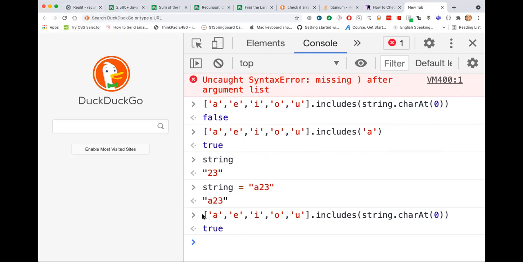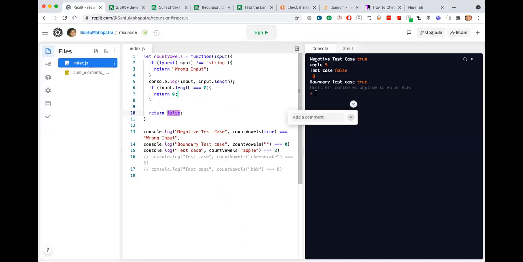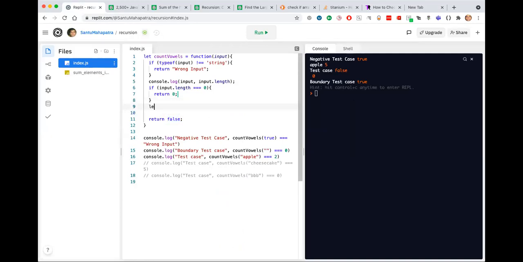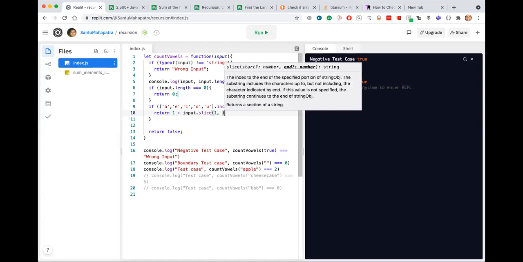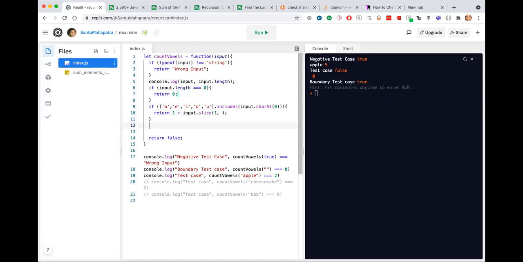Okay. I can maybe create a variable, or I can simply write an if condition here. There will be some repetition. Instead of string, it will be input. If the first element is a vowel, then it should return 1 plus input dot slice 1 comma end, else, I can drop the else, it's not needed.